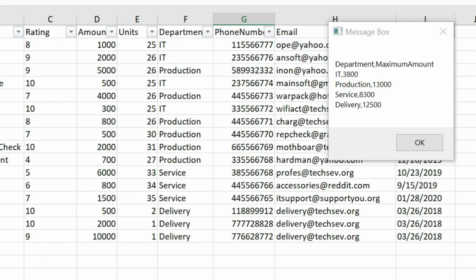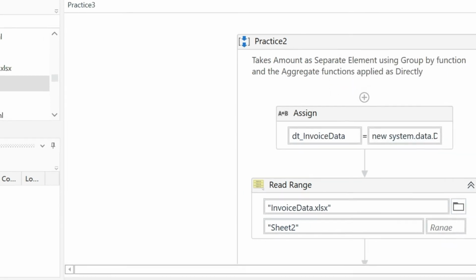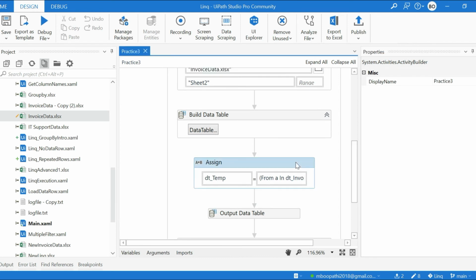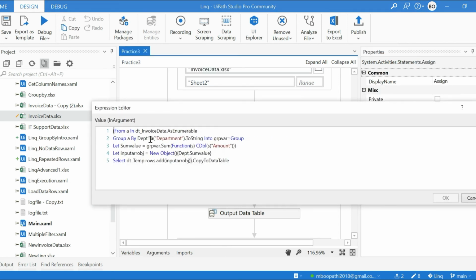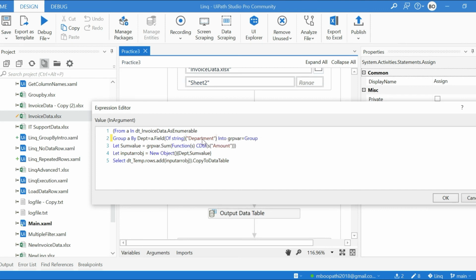Now I'll write the same query using the Invoke Code method. Before that, I want to show you that sometimes you can see this a of department dot ToString written like this: dot Field of String. It is also correct.